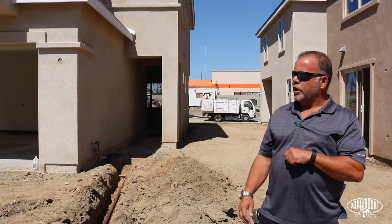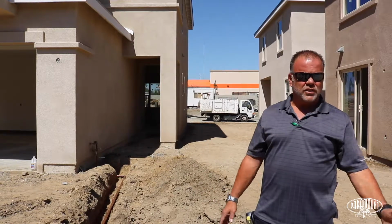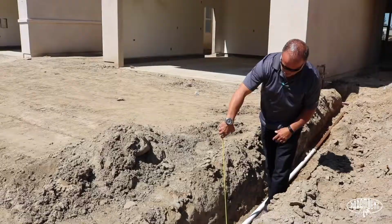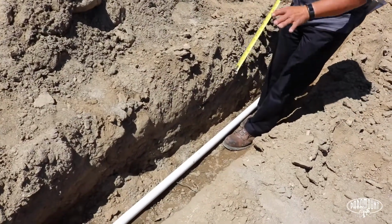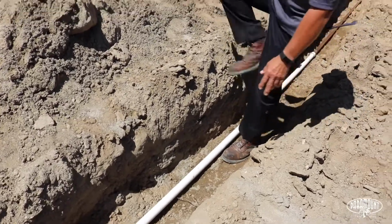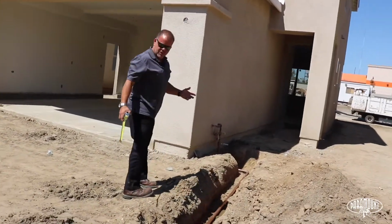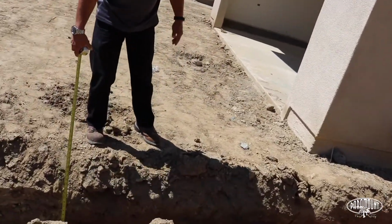This project's been going on now for about a year, and they're getting really close to being finalized. So today we're here to look at the water main connection to the house. We want to see approximately 16 to 18 inches below grade. If you come out here with me, technically usually we see the line when it's under pressure so that we can make sure there's no leaks